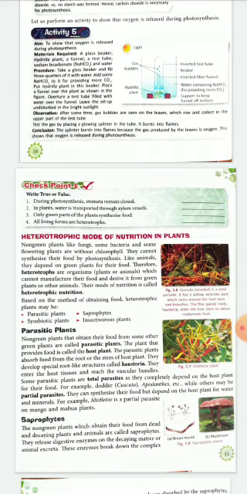Now we have to see the last activity, which shows that oxygen gas is released during photosynthesis. A green plant will be placed under water in a beaker. An inverted funnel over the plant has its end covered with an inverted test tube filled with water. The assembly is shown in the figure for a few hours.